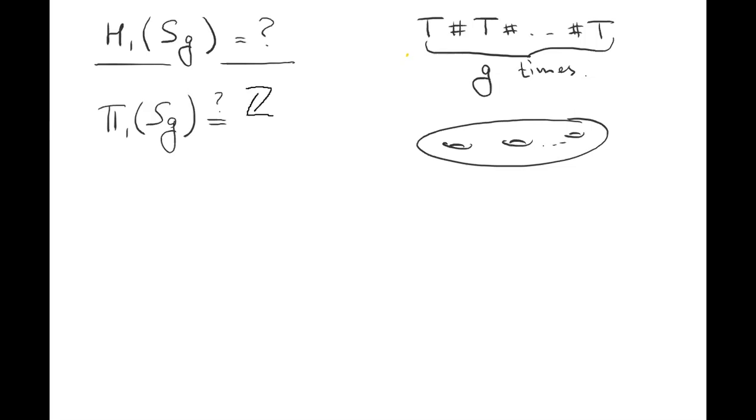Z G times. Yeah. Oh, you think G times? Yeah. Sorry. 2G. Sorry. Nice. Well, you mean this is the answer for pi1 or H1? I guess pi1. Well, but